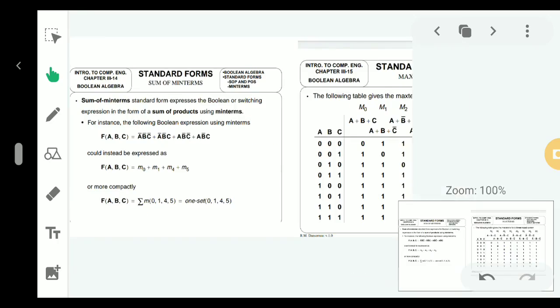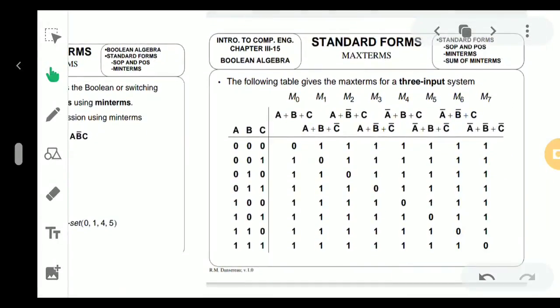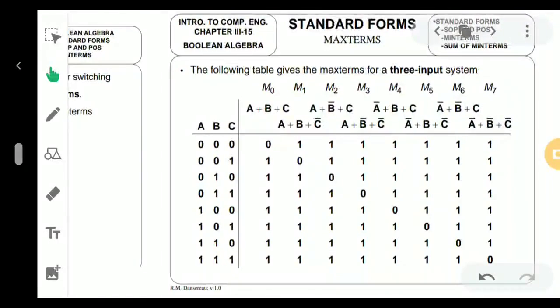Now coming to the concept of max term. Just now we learned the min term. In case of max term, if the A value is 0, it is considered as positive, which means true, it's A. And if it is 1, then it is considered as a bar value. So in the previous first case, A value 0, B value 0, C value 0. So the first expression will be A plus B plus C, because a max term is a sum.